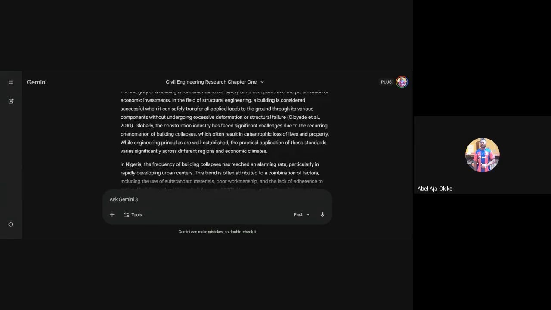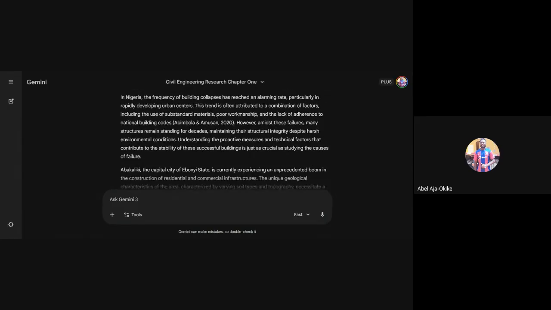Now, let's say you have a lecturer, a particular lecturer in my department, who happens to be a supervisor, you will be asked to cite every sentence. So what you can do is copy a sentence and go straight to Consensus AI, paste it there. Whatever result comes out, copy that citation. Ensure that the journal has something to do with engineering. Copy that reference and then add it to your list of references. Are we together?